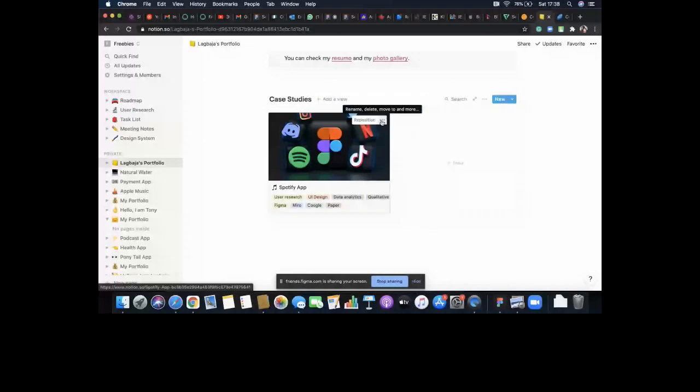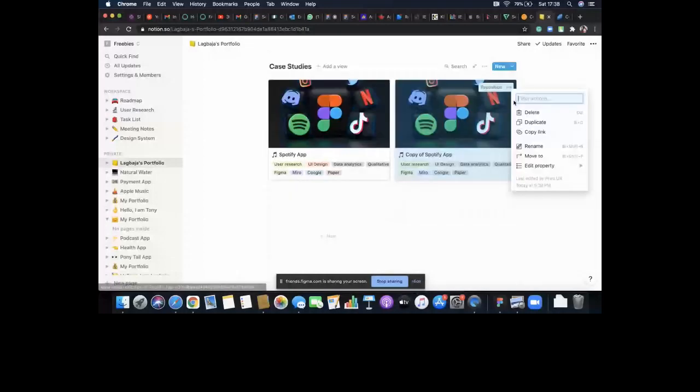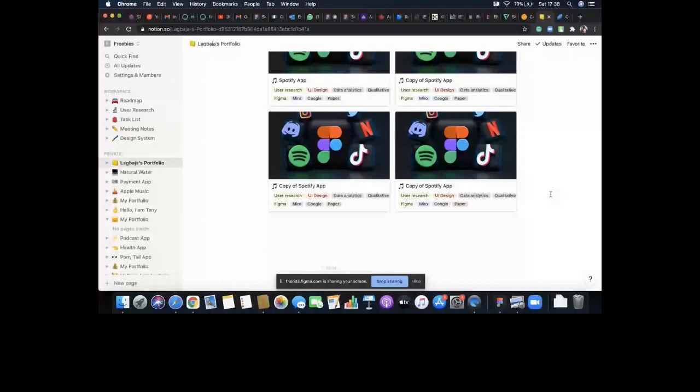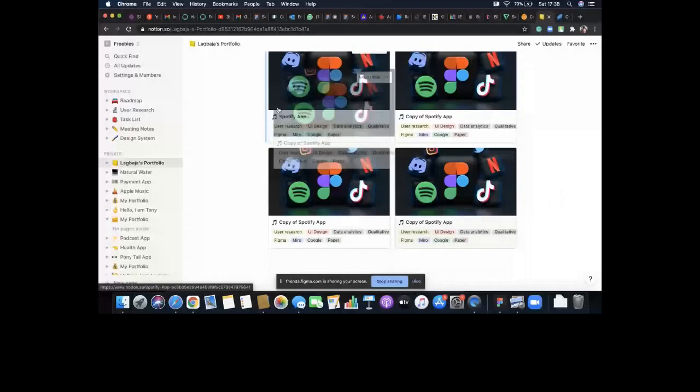So to duplicate, if you hover around this card, you see reposition. Click on the more icon beside reposition and just say duplicate. I'll duplicate all through, so we can move to the next thing. For me, I like showing at least a minimum of 4. I try as much as possible not to go up to 8, but I think I have an average of 4 to 6. I can decide to move these things around. So maybe I want case study 1 to come to 4 and all of that. You can move it around.